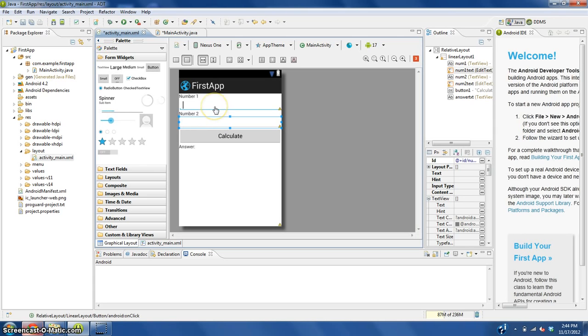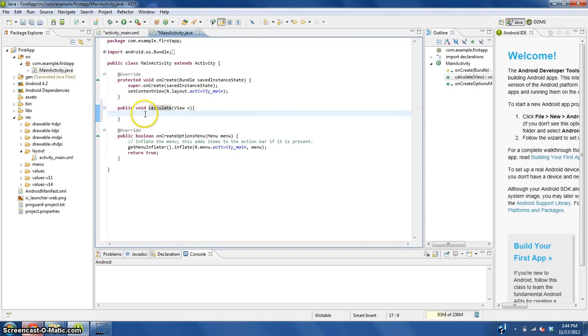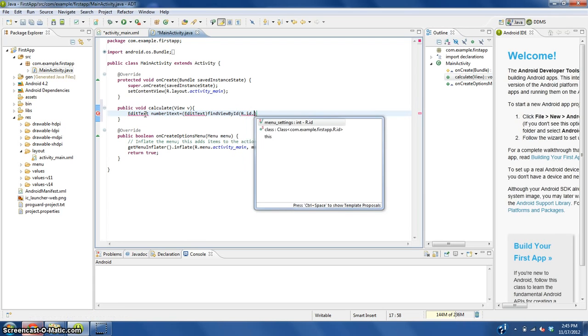So the first one, its ID is num1 text. Now we're going to need to create a new EditText, which is what that is called, and we're going to name this number1 text equals, parentheses EditText, findViewById, open parentheses, capital R, dot, id, all lowercase, dot,